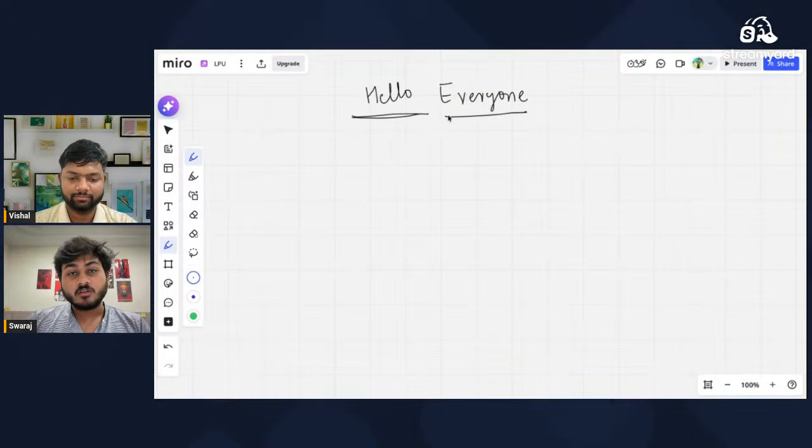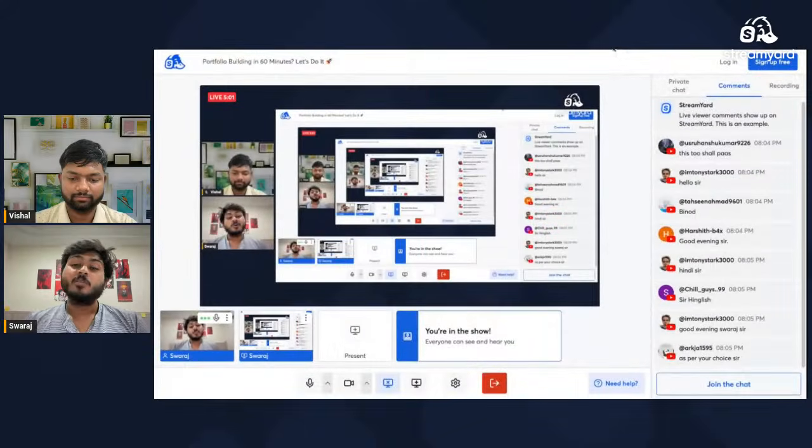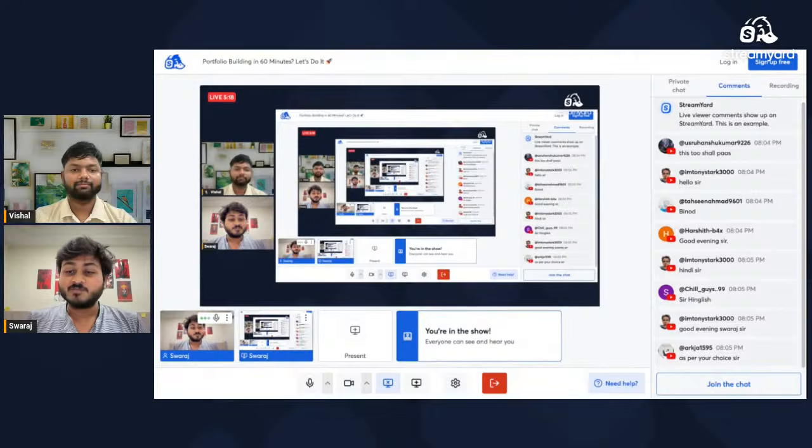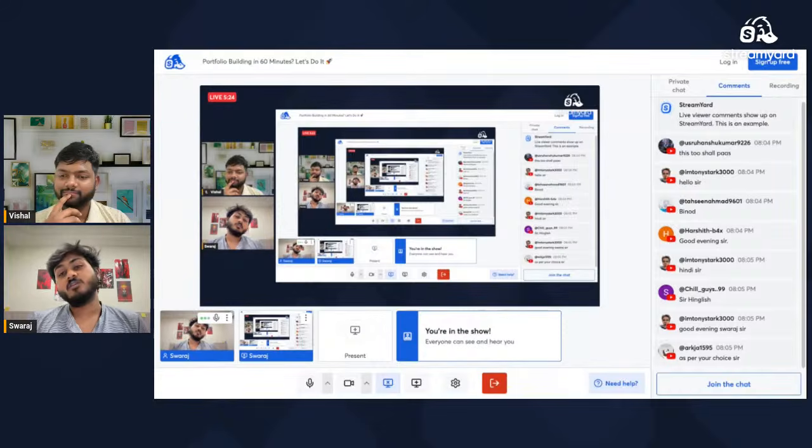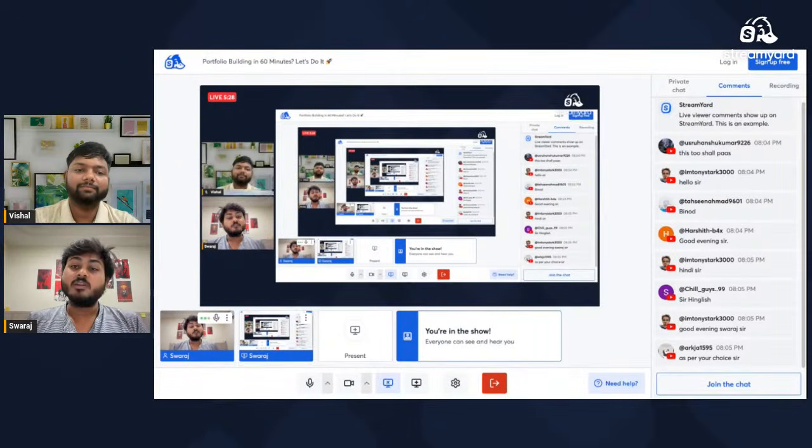So one thing, everyone, please tell me: what is a simple use case? Why do we need a resume, and why do we need a portfolio? Any one of you know that? Quick in the chat, everyone. I'm waiting for your responses. Why do we need a portfolio and why do we need resumes? Suppose I'm having a simple portfolio or any kind of portfolio, what is the benefit of that portfolio?